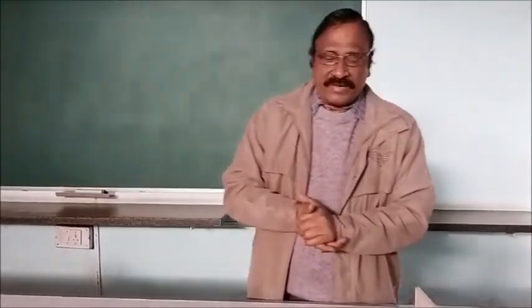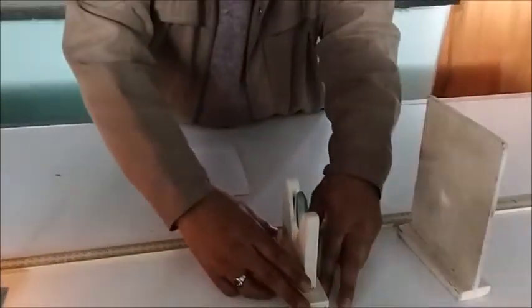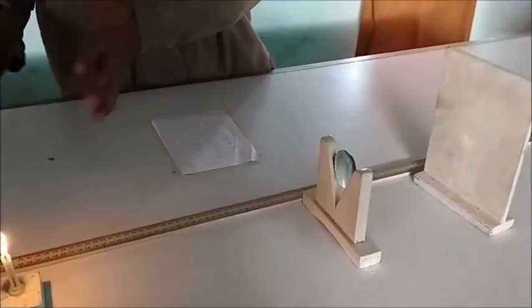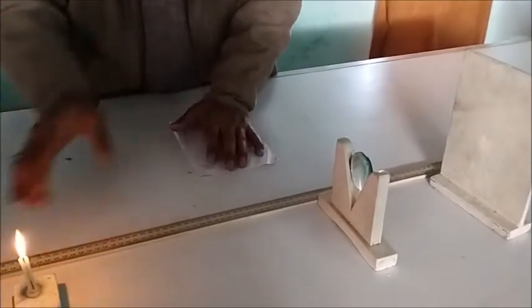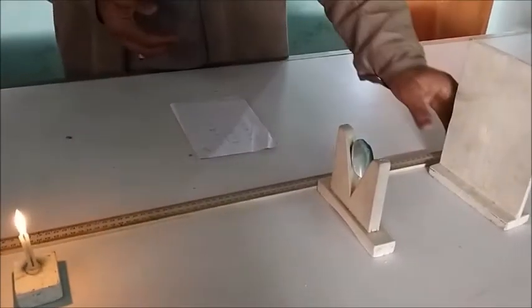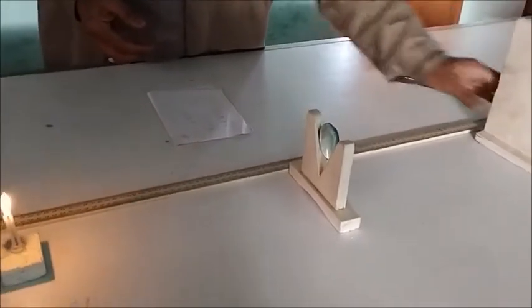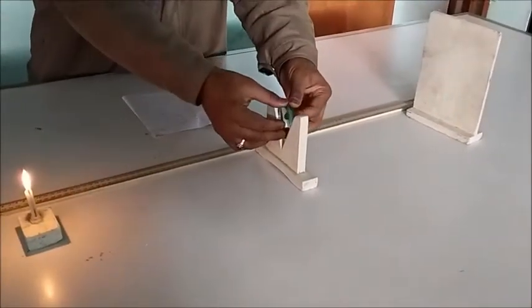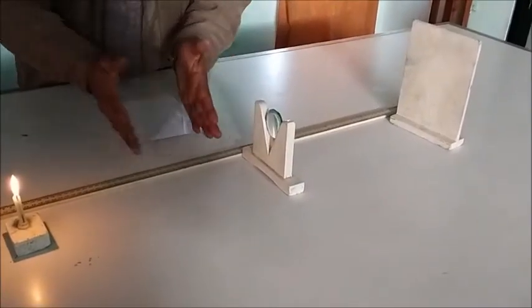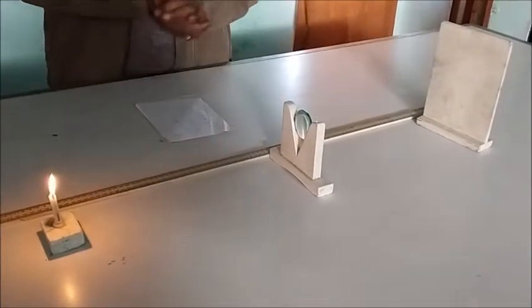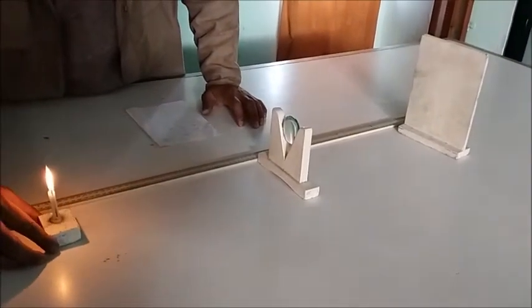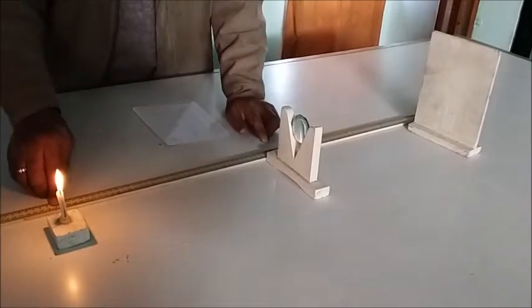Now we'll start performing our activity. So here is the lens, convex lens, which I have kept at 50 centimeter mark of this meter scale. So your left side is the candle. The candle is a source of light which is placed on the left hand side and the screen is on the right hand side. This is a lens of focal length around 10 centimeter and therefore we expect 20 centimeter is the 2f. So I'll start the first observation by keeping the candle at 90 centimeter mark here and hence